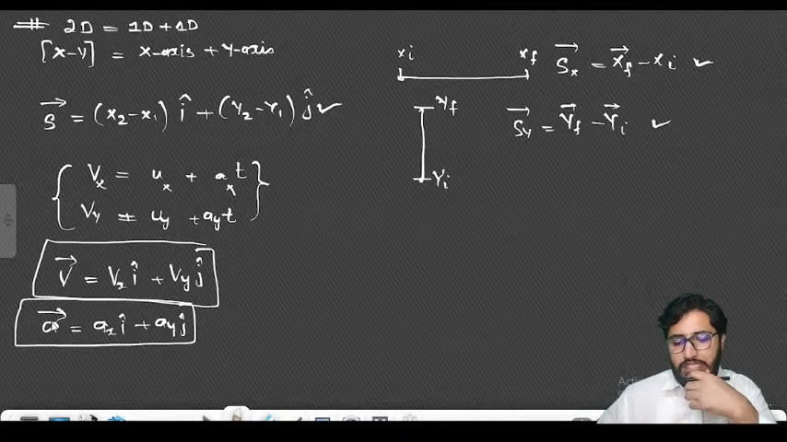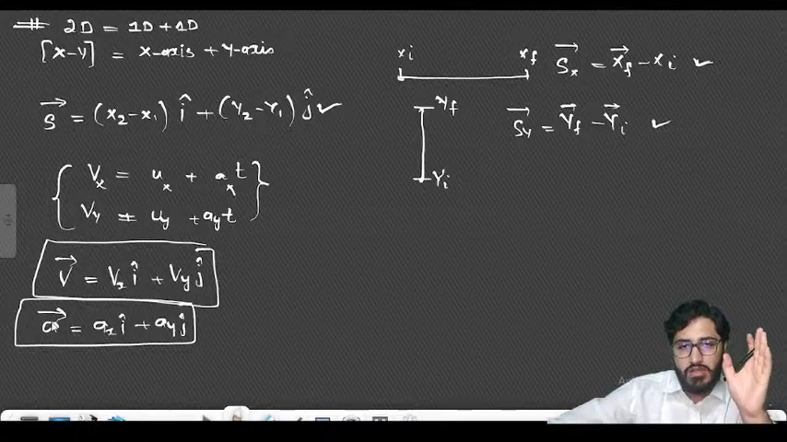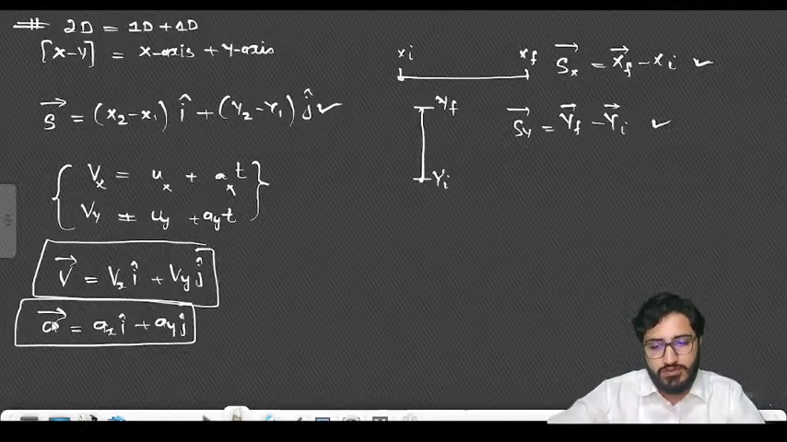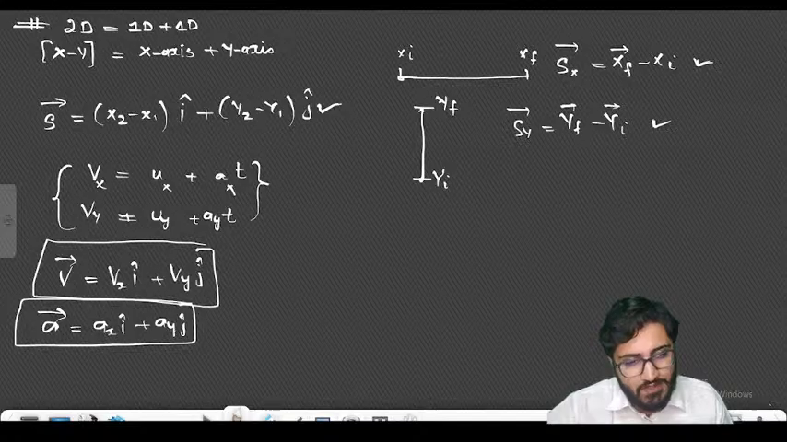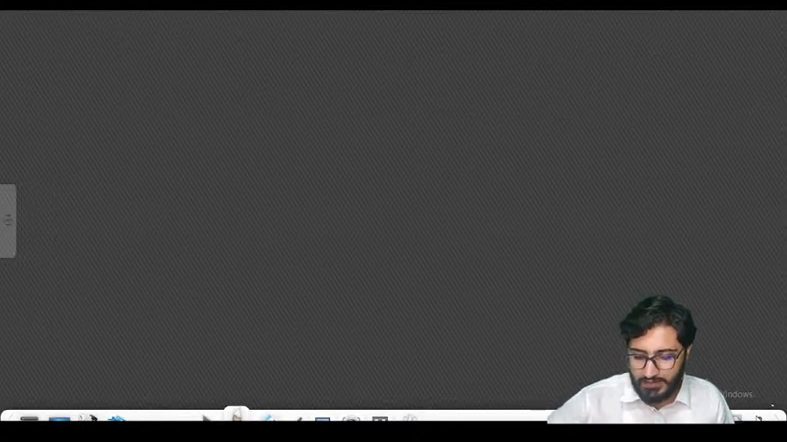It simply indicates you need to write everything in 2D motion. Then you need to write in 1D, then the summation of these two things will give you 2D motion. Okay. So the very first thing that we need to discuss here is